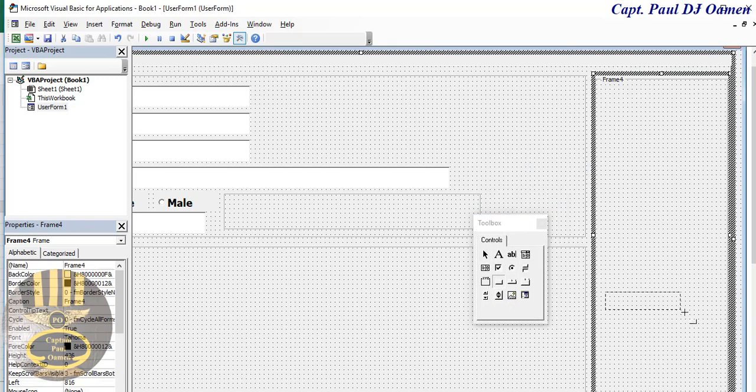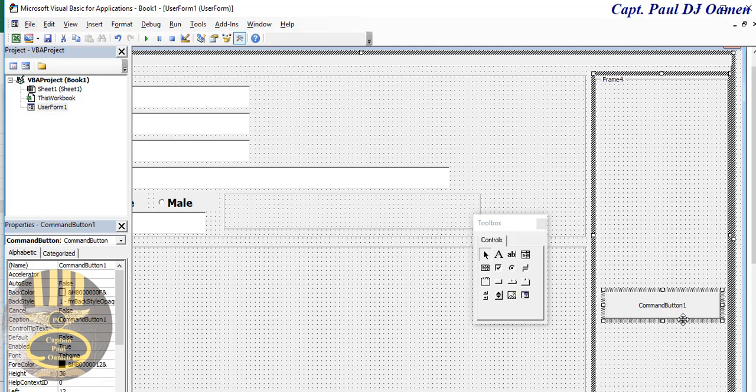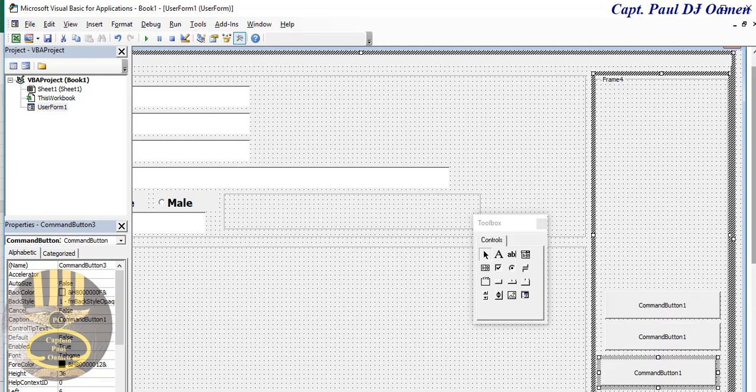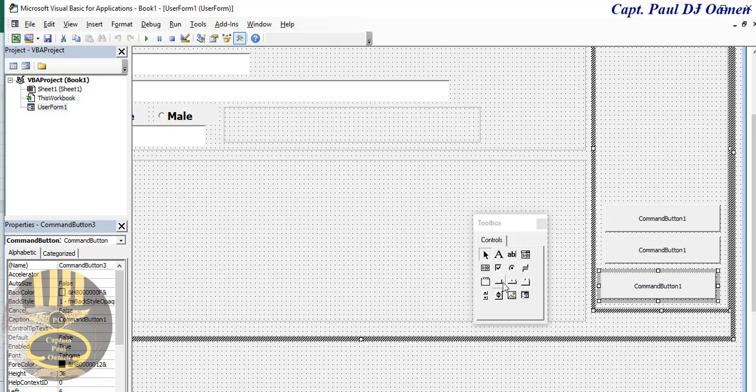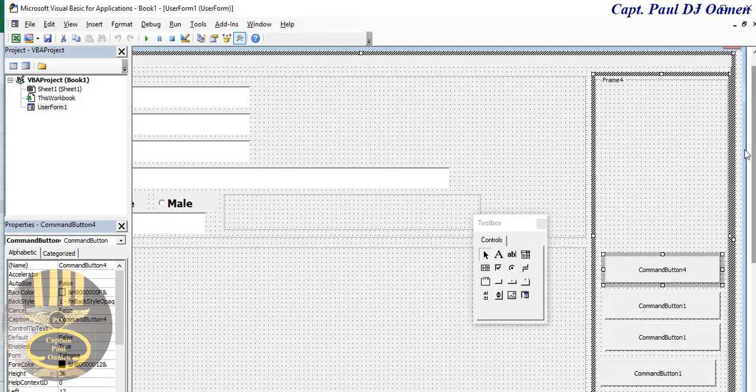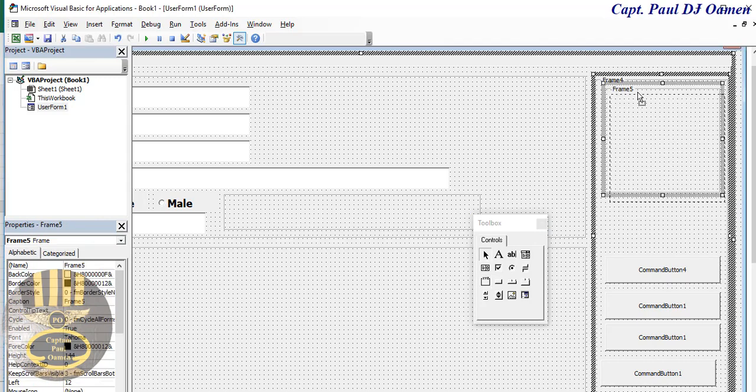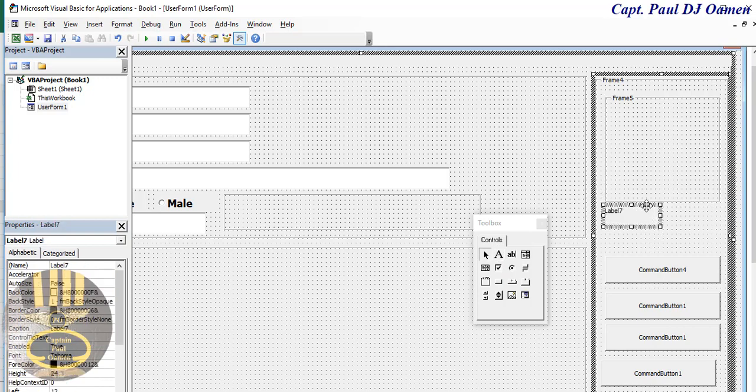Right. Okay, we need some buttons here. 1, 2, 3, and I'm going to make that 4. One more here. I don't think I need 4 really. Okay, now I need a small frame here that would be for my calendar, and in here let's add some labels. One label here and another one here. I'm going to have to speed this up,